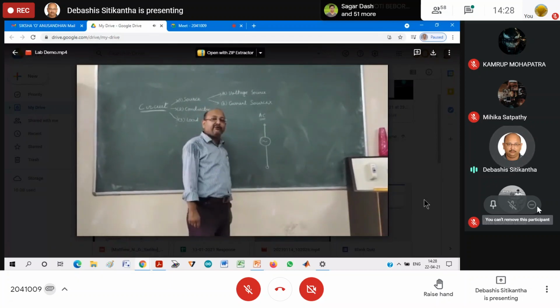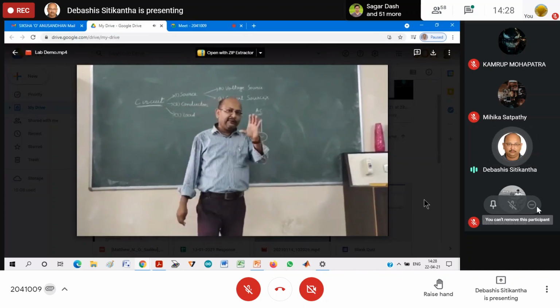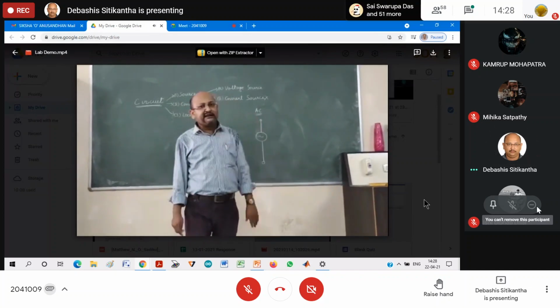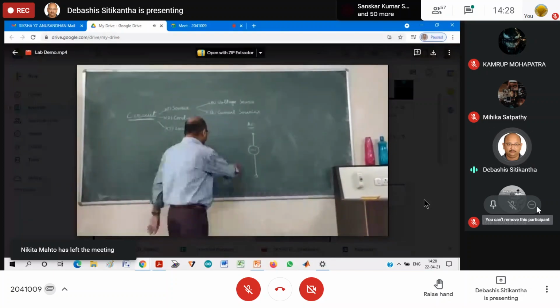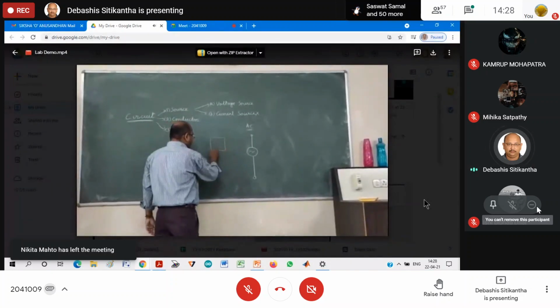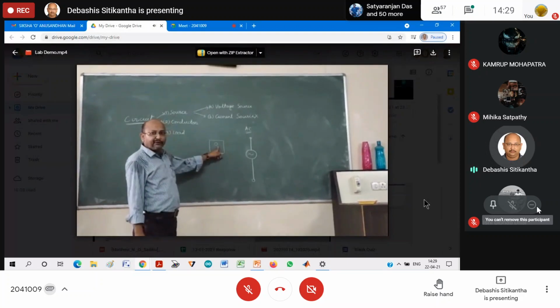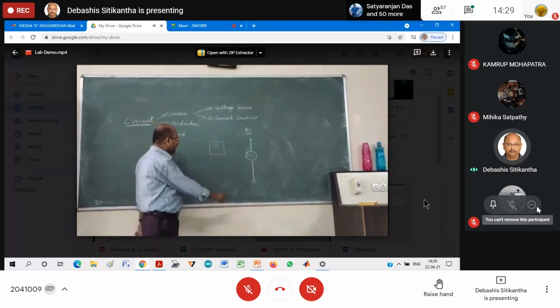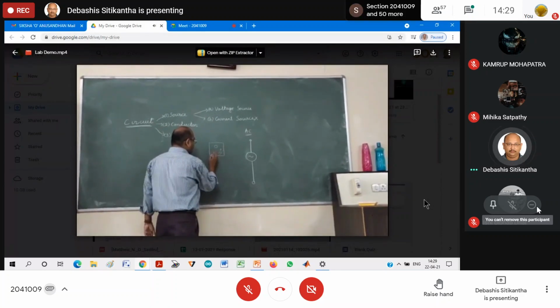Now, how to identify which one is phase and which one is neutral? The thing is very simple. We have something we call a Neon test. So what they used to do, suppose there is a socket over here. This socket is the source. The one with a larger diameter is your earth. The one on the right is known as the phase terminal, the other